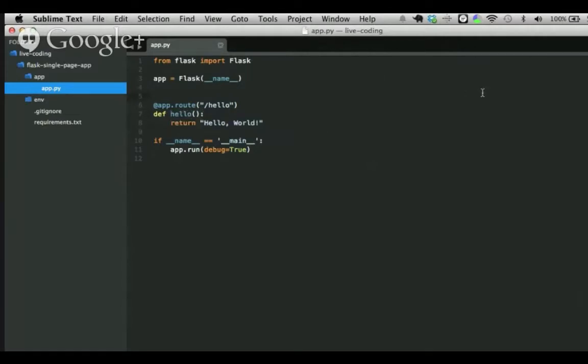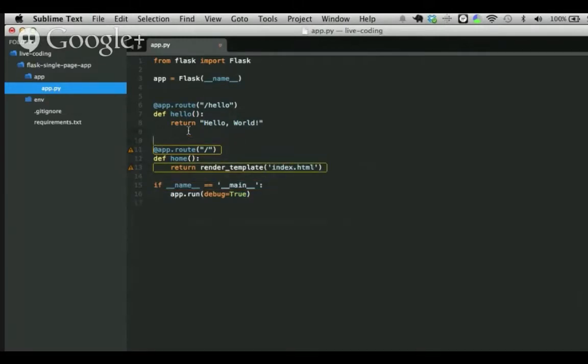And so now let's go ahead and create a new function and call it home. And then we can use the app.route, and we'll map that to, it's going to respond to requests to this main URL here. Okay, so this time, instead of simply returning a string, let's render a template. So we can say return render_template, and we can just call this template index.html. And don't forget to update the imports.